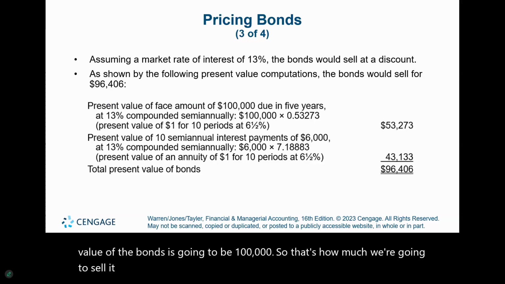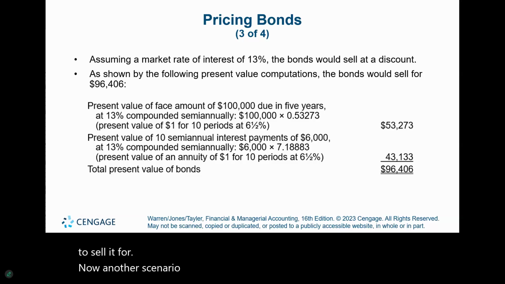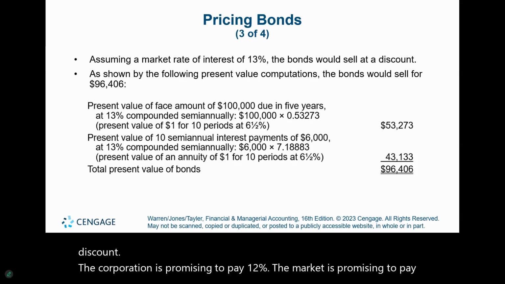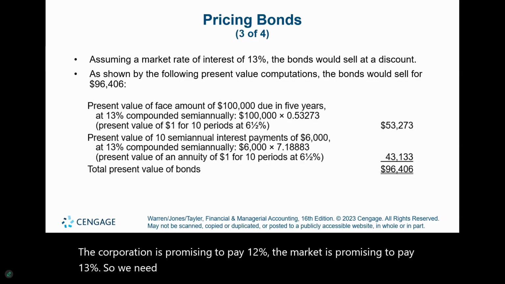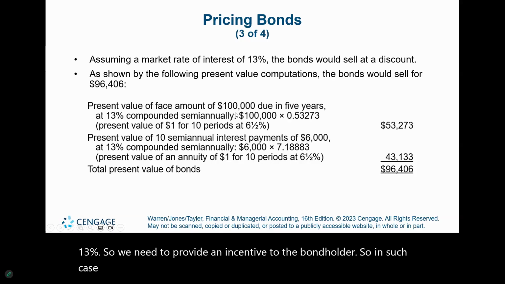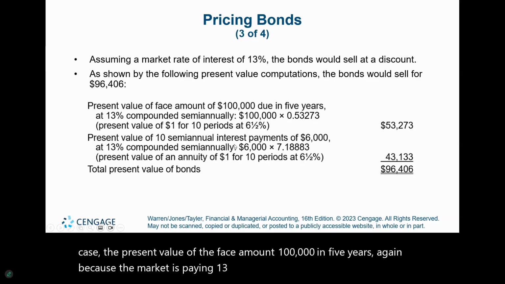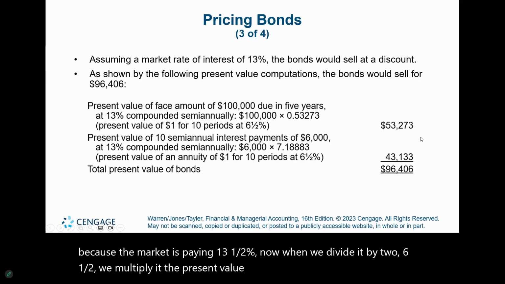Now, another scenario is in the event that we're going to sell it at a discount. The corporation is promising to pay 12%. The market is promising to pay 13%. So we need to provide an incentive to the bondholders. So in such case, the present value of the face amount, $100,000 in 5 years. Again, because the market is paying 13%. Now, when we divide it by 2, we get 6.5, and we multiply the years by 2. The present value of the maturity amount is